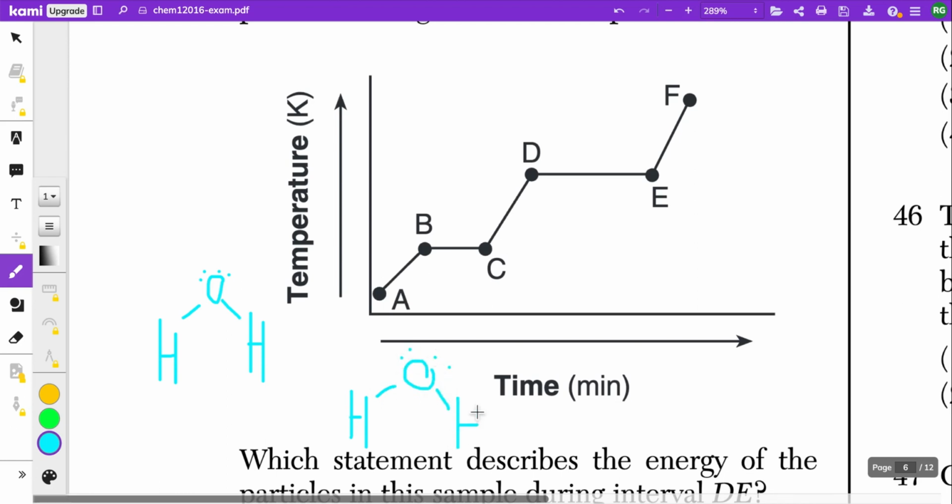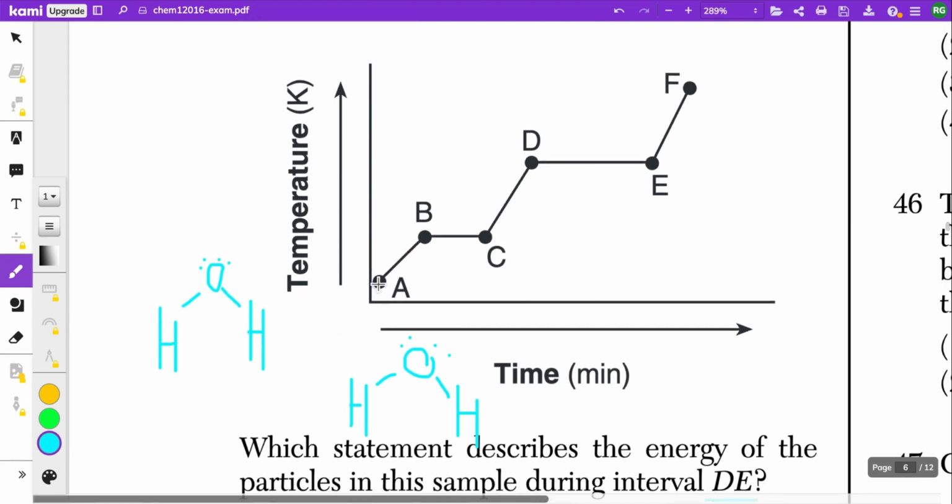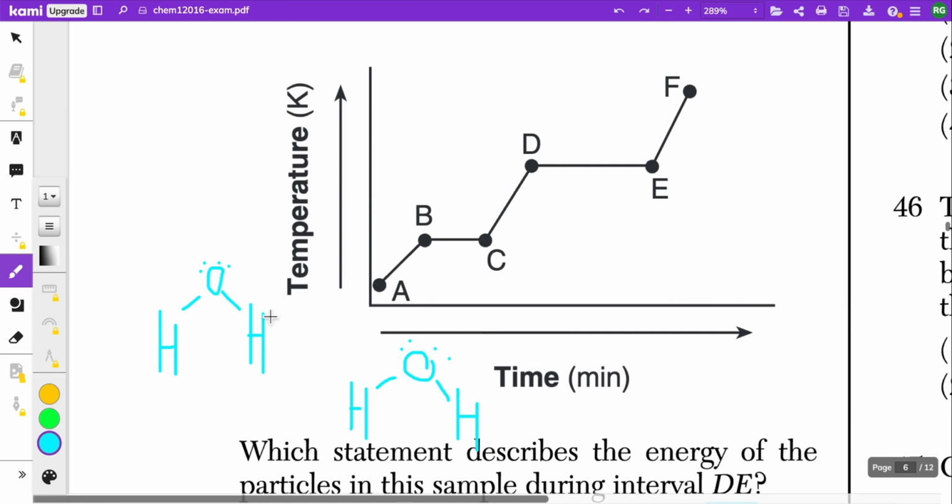Now, when water is a solid, imagine if we have solid water here, so ice. And imagine we're heating this up. So I'm just going to draw a red line to show the intermolecular force between these two water molecules. Let's say we have this piece of ice, we're heating it up, so the temperature is increasing. And all of a sudden, when we're going from B to C, so this part right here, you're